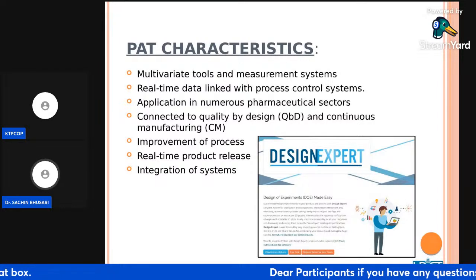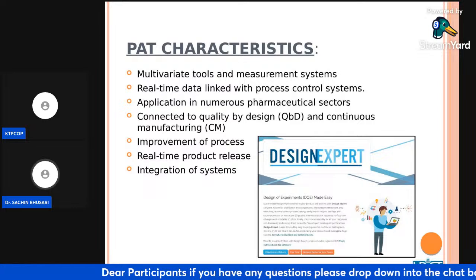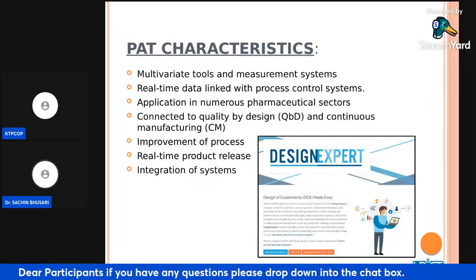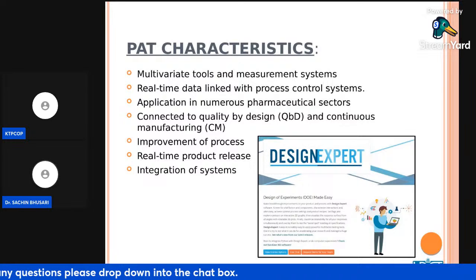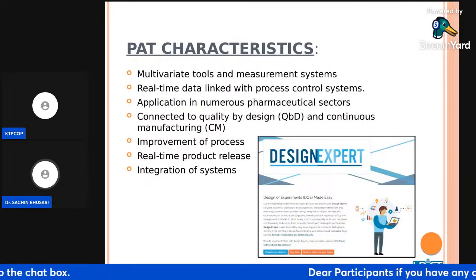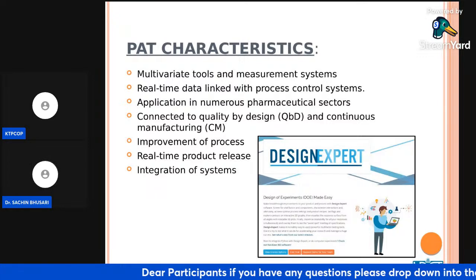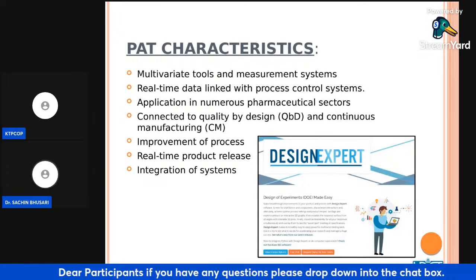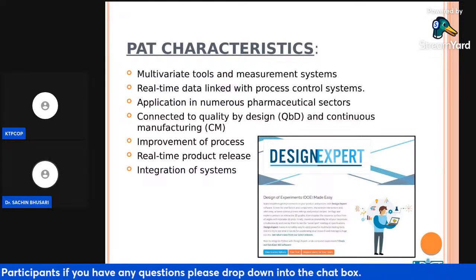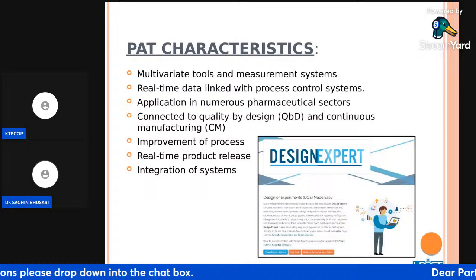Those who are into masters or PhD, those who are into synthesis, those who are into development of formulations, please try to use this QbD approach, quality by design approach. This is a sincere request from my side. I am a supervisor also. Many times I come across situations wherein people show us data with simply one factor at a time, a change in one factor at a time. Being a pharmacy student, a student of pharmaceutical technology or industry, you should have this mathematical backbone.